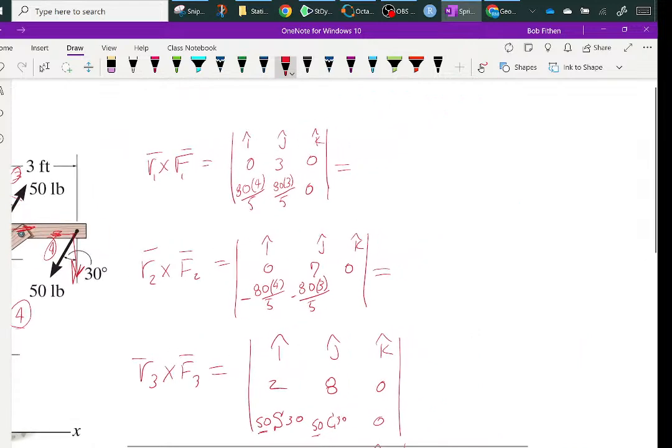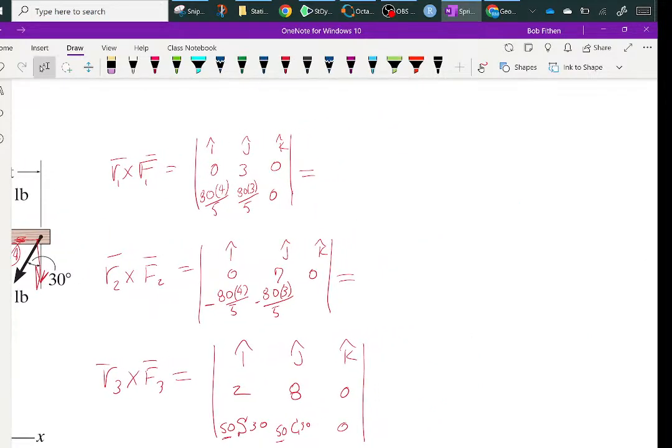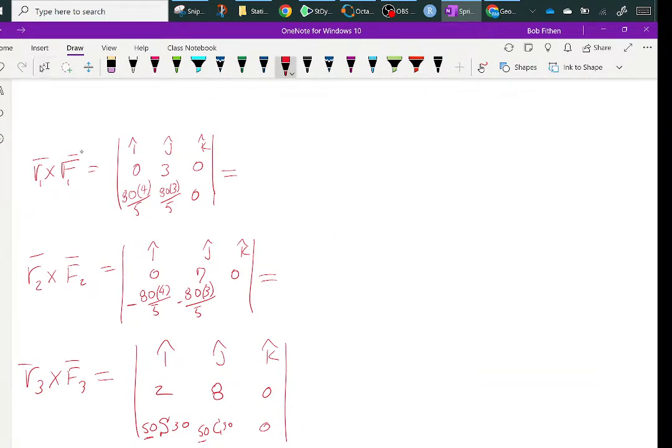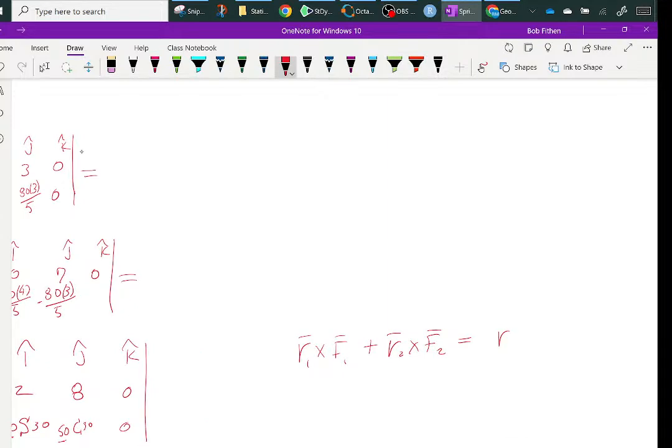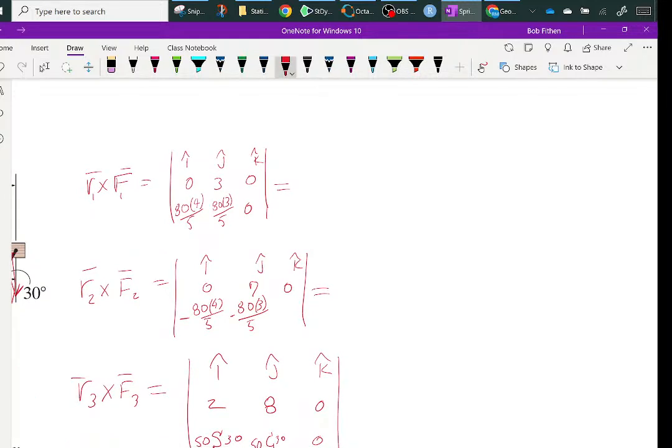Now, I'm going to do something really weird before I do this. If you have two vectors, R1 cross F1, and then you add R2 cross F2, is it the same thing as this? R1. Well, you know what? Let me prove this first, before I start supposing. The way I'm going to do this, I'm just going to use a MATLAB command called